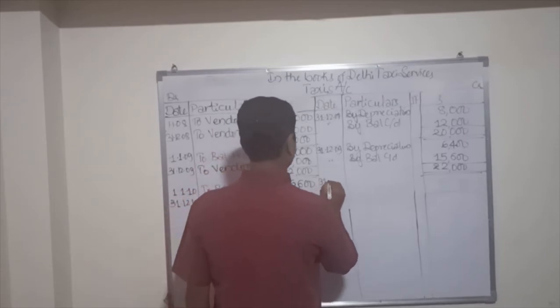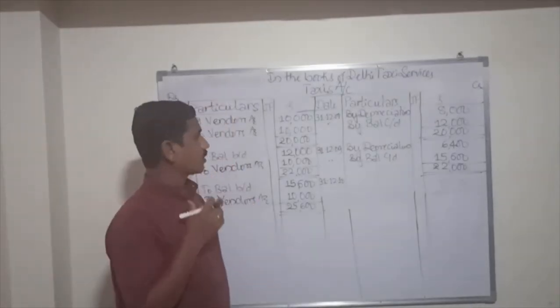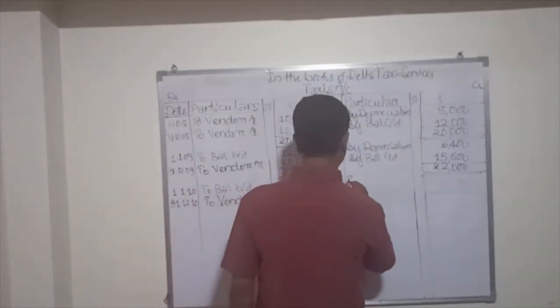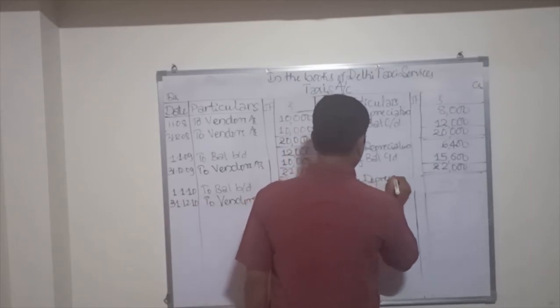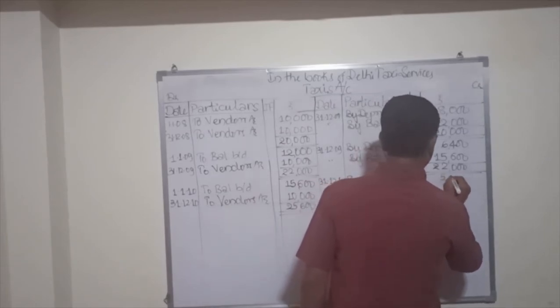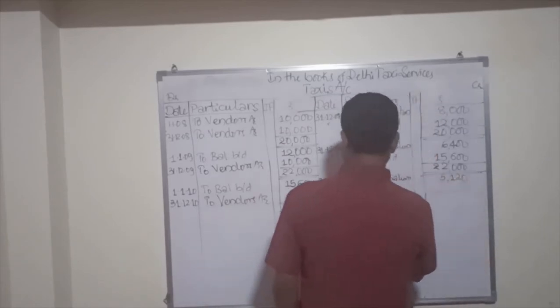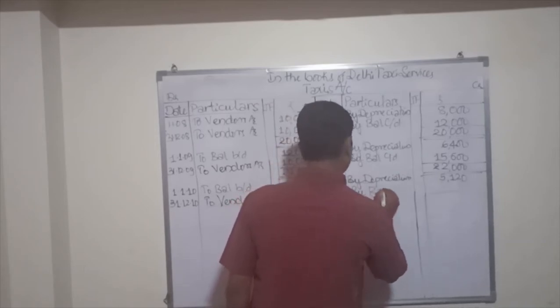So on 31/12/2010, when the depreciation is allowed in the last year, the depreciation account will be taxes account. So taxes account is credited by depreciation. So we have calculated already in the higher percentage chart. So that is 5,120. So now let's do the balancing here. So by balance carry down.